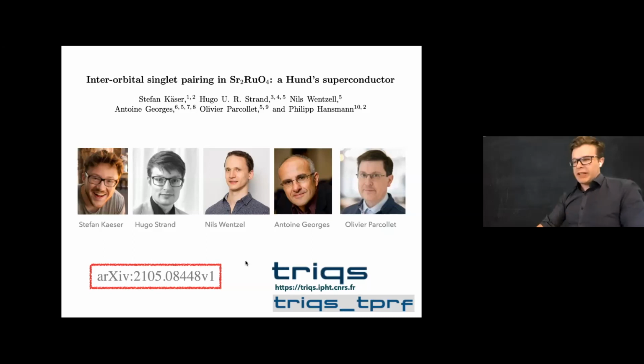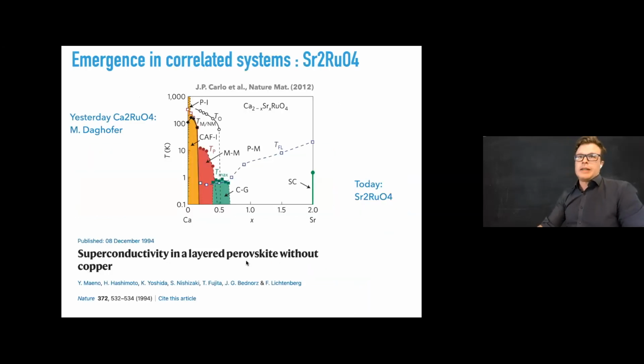So I feel already time pressured, so I will spare you any kind of an introduction and jump right into the topic. We are talking about emergent phenomena in strongly correlated systems, and in this particular case, we are talking about strontium ruthenate. You have seen this phase diagram yesterday already in the talk of Maria Darkhofer. She told you about the magnetism in this interesting singlet magnetism material calcium ruthenate. Today, I will talk about this corner here, which is the superconducting phase of strontium ruthenate discovered by Maeno and